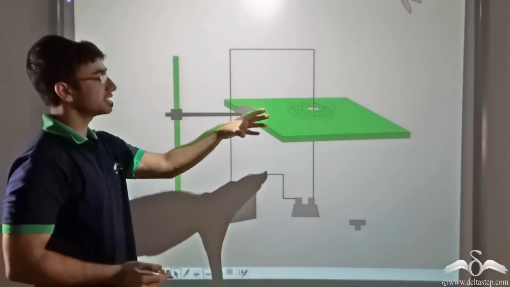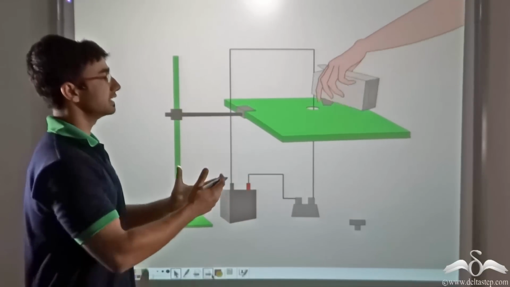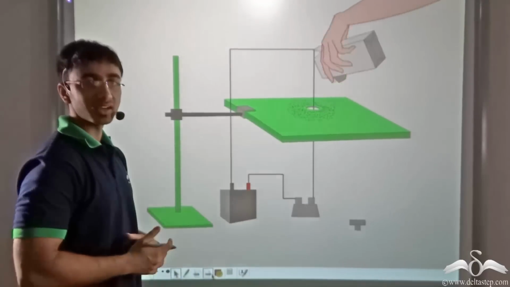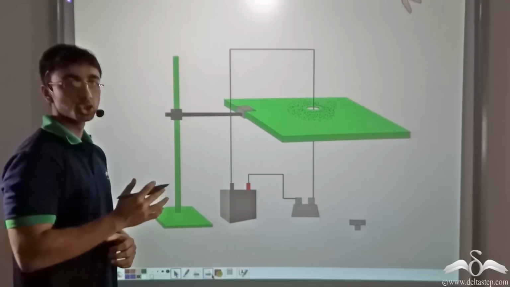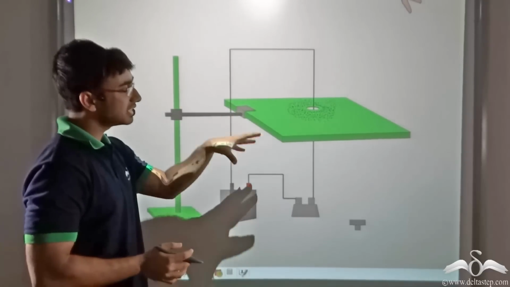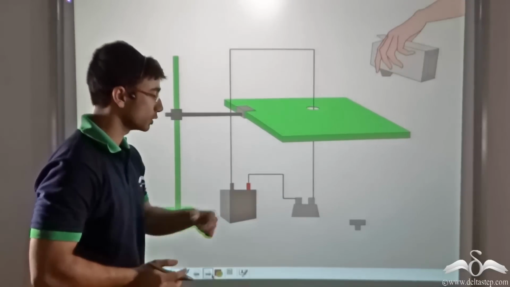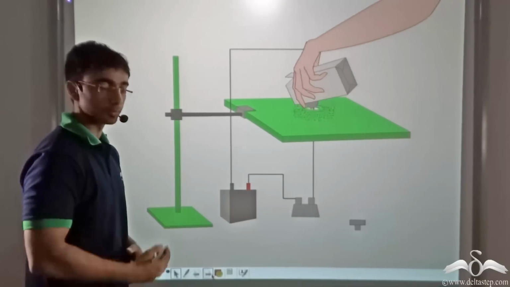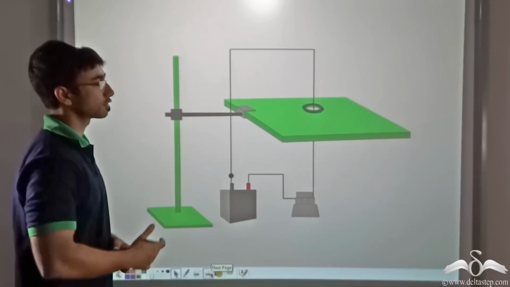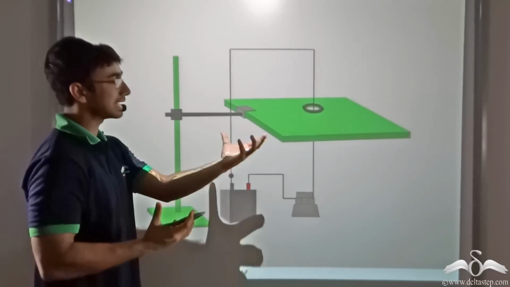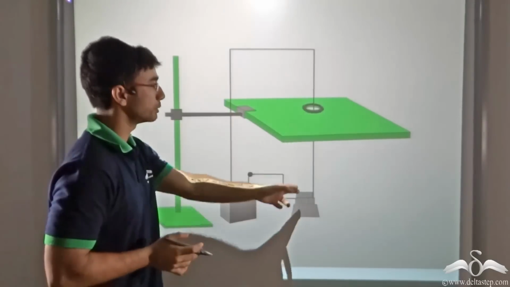Now initially, as you can see, the switch is open and no current is flowing. So the iron filings are randomly placed around the copper wire. Even if you tap the cardboard at this point, you will find that the iron filings still remain randomly placed. Now let's see what happens when the switch is closed and current is allowed to flow. The moment the switch is closed, current starts flowing, and you will find that these iron filings arrange themselves in a certain pattern around the copper wire.